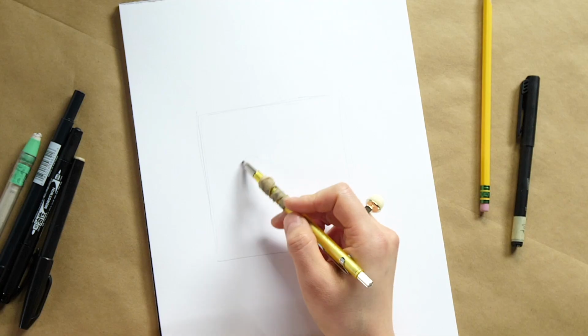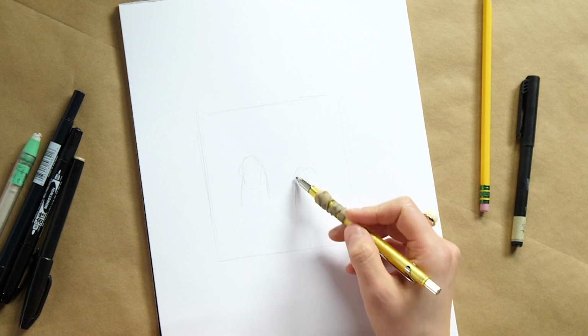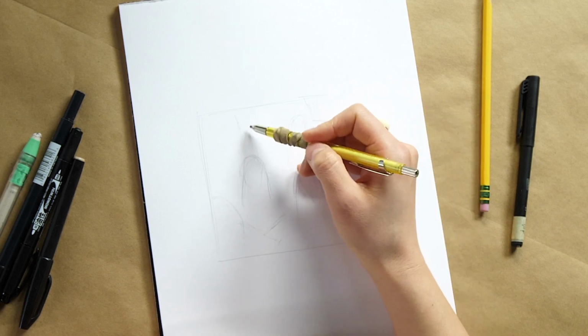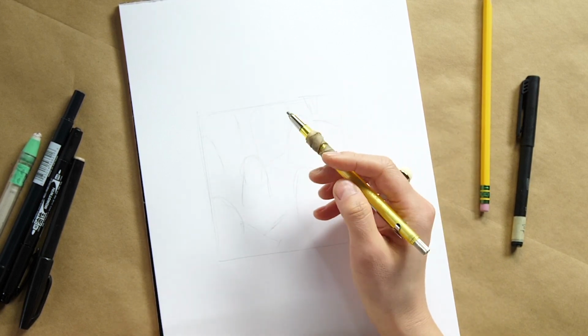So layout is basically a sketch of how you're gonna lay things out on a panel. And this is a good way you can play around with how big you want the figures to be and how you're gonna lay out the scene. It's super rough. You could do it even with a stick figure. So I'm basically laying out a scene where I'm talking to my mother on a plane on the way to